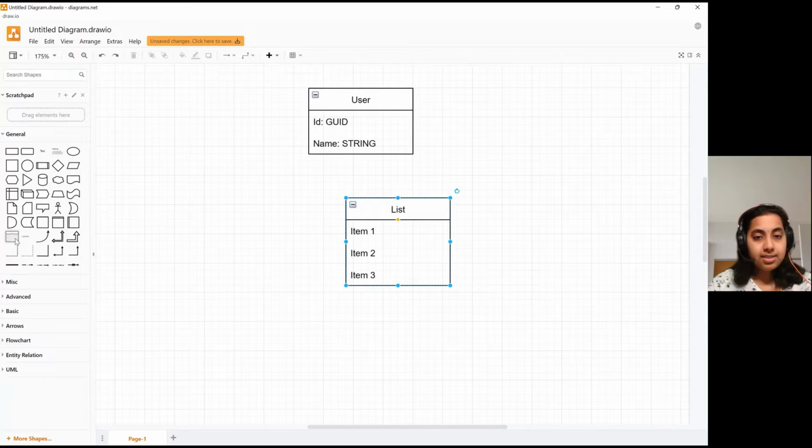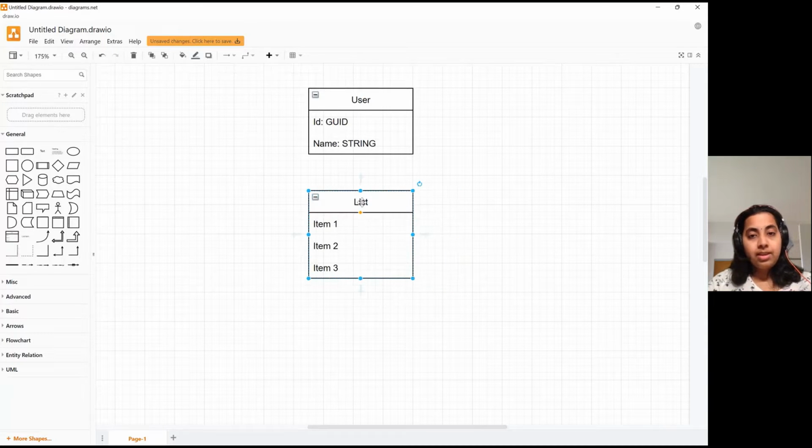I'm going to select list type here, and the entity name is going to be category, which is the class name that we will be writing. The unique identifier for this particular entity is going to be ID, and I want to treat it as GUID data type. The next one is the name. The category names can be colors, so here I want to treat it as string data type. The other one that I want here is items. So a category can have a set of items.